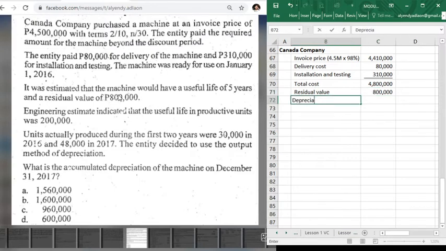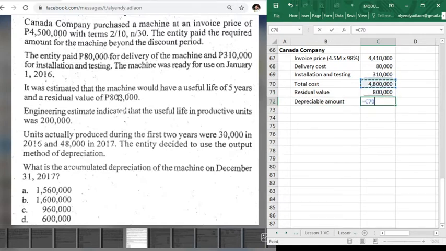So, pila man ang depreciable amount? We have 4,800,000 minus 800,000, we have 4 million pesos. Now, since mag-base man ta class sa output, so kaning depreciable amount, ato po di siyang i-divide sa number of units. Diba kung straight line method, i-divide nato siya sa number of years. Pero, sa output method, i-divide nato siya sa number of units. Okay? So, number of productive units,